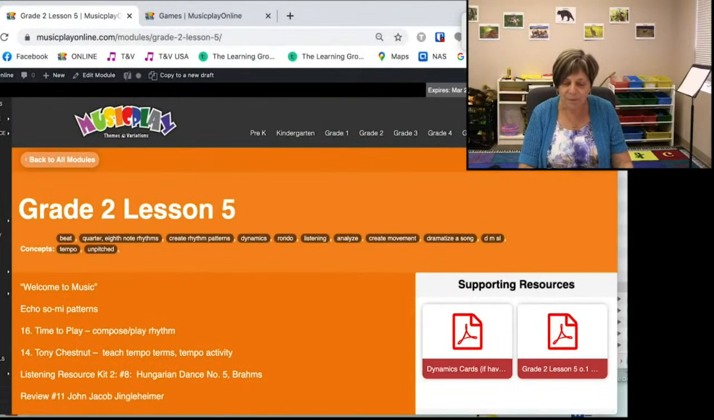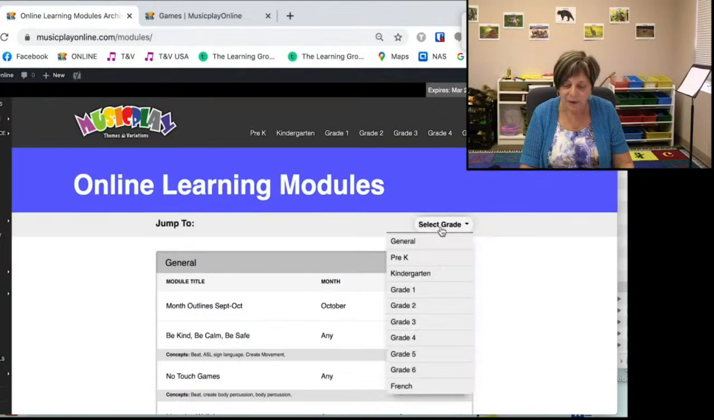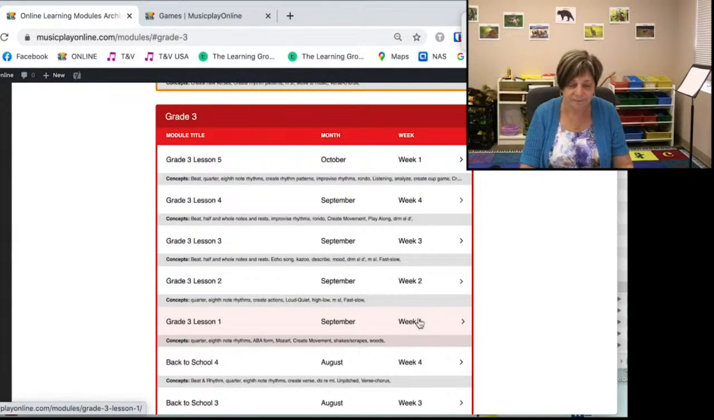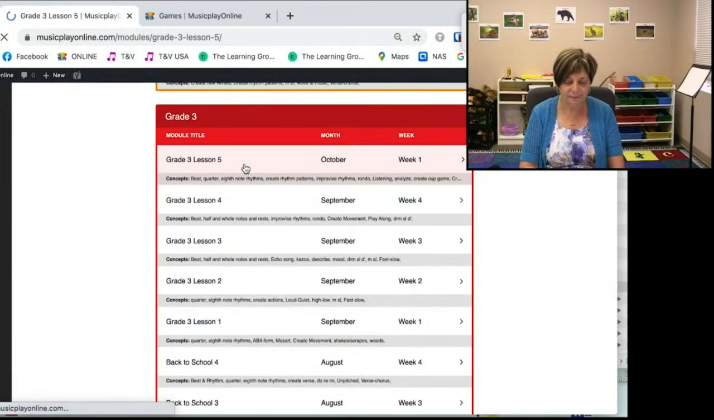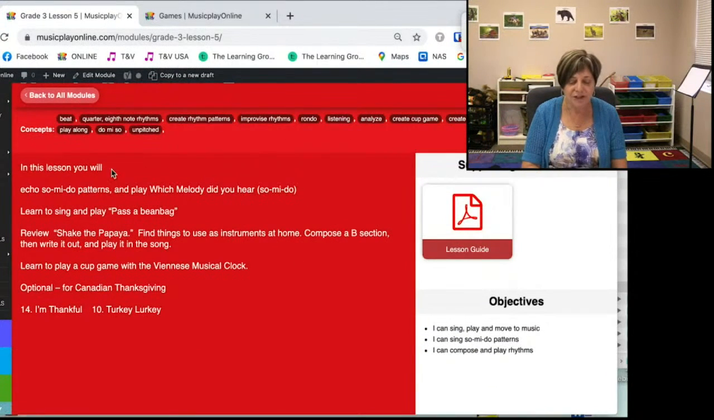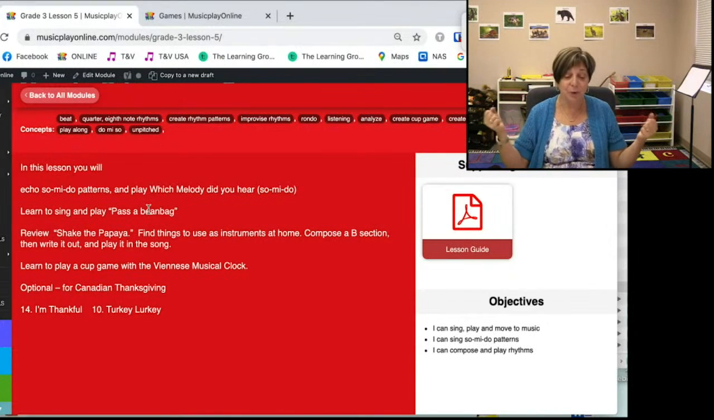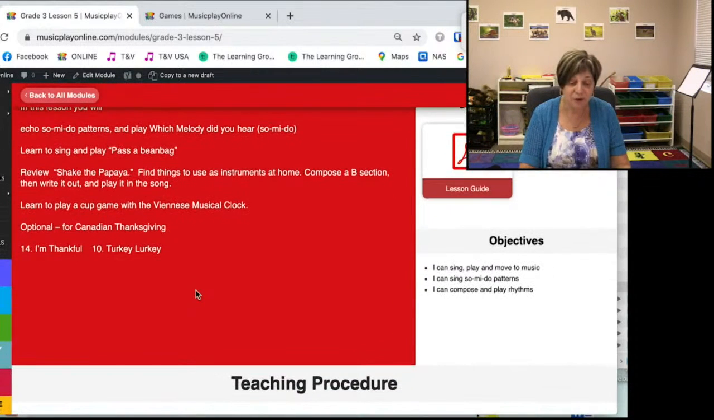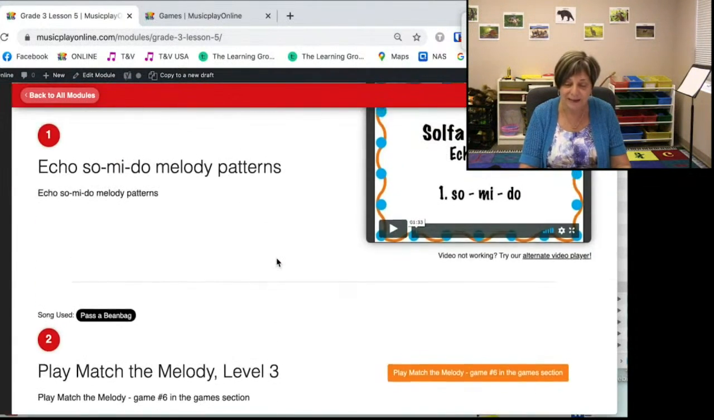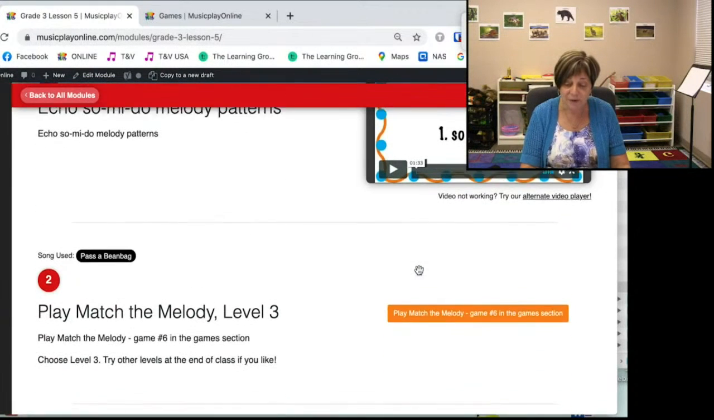So that's grade 2 for October first week. And now we're going to look at grade 3. And in grade 3, we're going to echo some so-me-do patterns and learn to sing and play Pass a Beanbag. And we've got a way to do this in person that you can do without passing and touching. Review Shake the Papaya. Again, compose a B section this time, write it out, and put it in the song. And we're going to learn a cup game with the Viennese musical clock, and then we have some optional Thanksgiving things. So the first is an echo of so-me-do patterns,